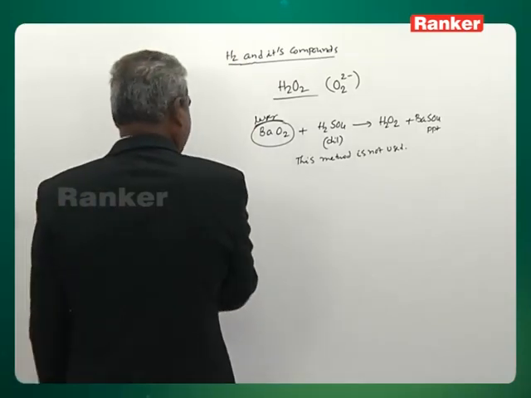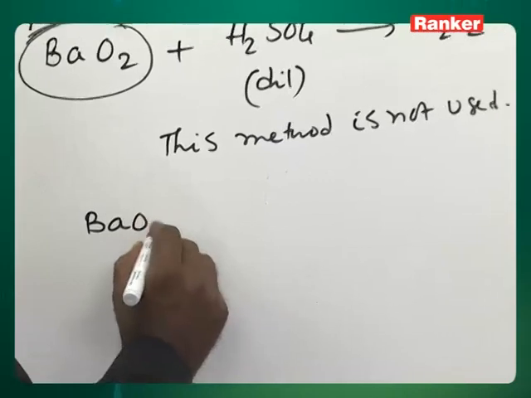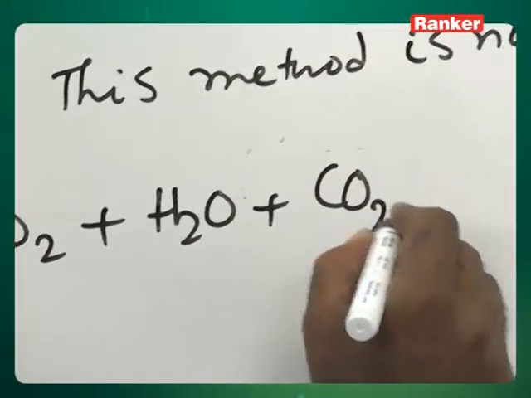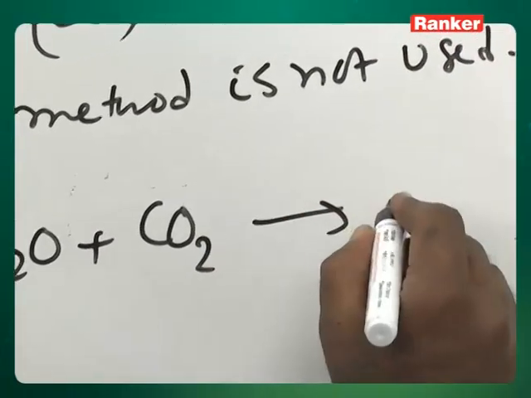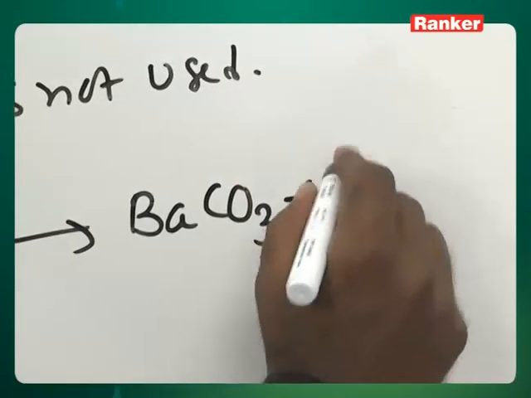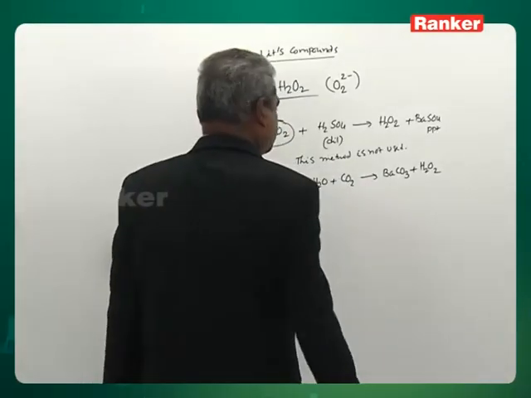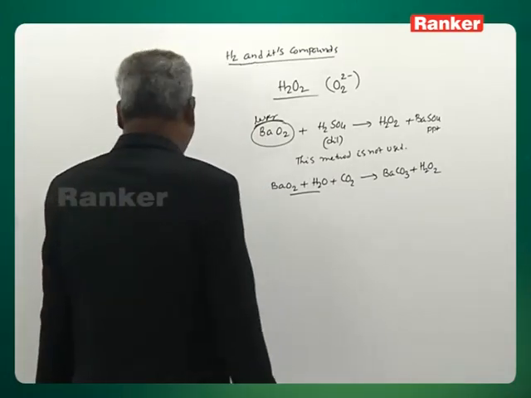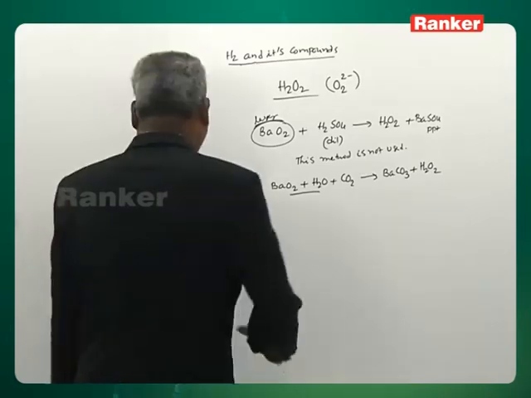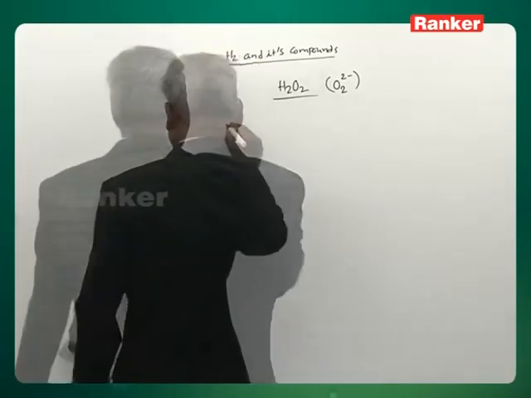So, then how is H2O2 prepared from barium peroxide? BaO2 plus H2O plus CO2, you get BaCO3 plus H2O2, hydrogen peroxide. So, how is hydrogen peroxide prepared in the laboratory? By adding dilute acid to this one. Next, it can also be